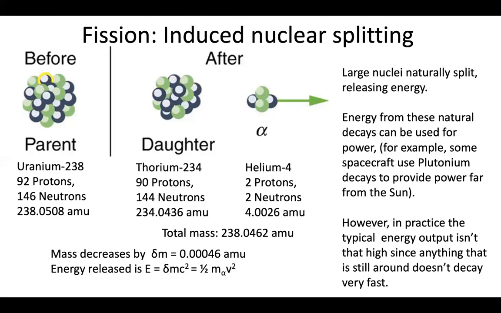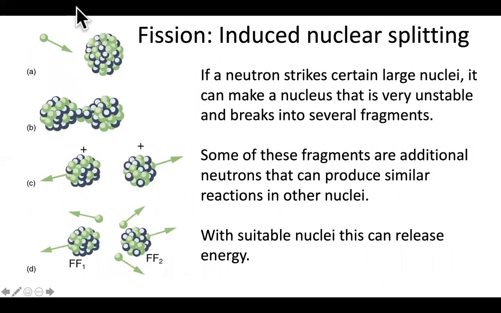There is a way, though, to mess with these rates. And this is what is called fission. The idea is this thing wants to fall apart. And on its own, in a normal atom, it'll do that at a set rate. But you can mess with that rate a little bit, actually quite a bit. The idea is this. Throw another nucleon into the nucleus.